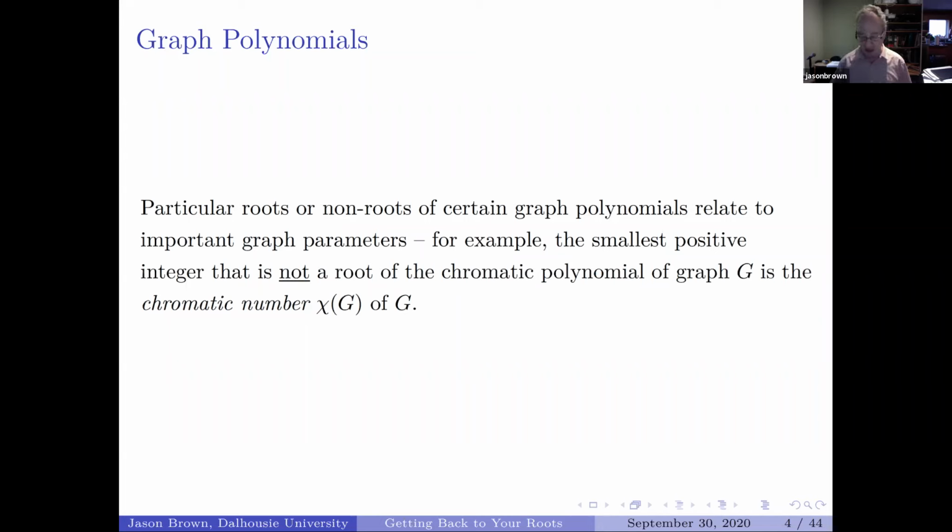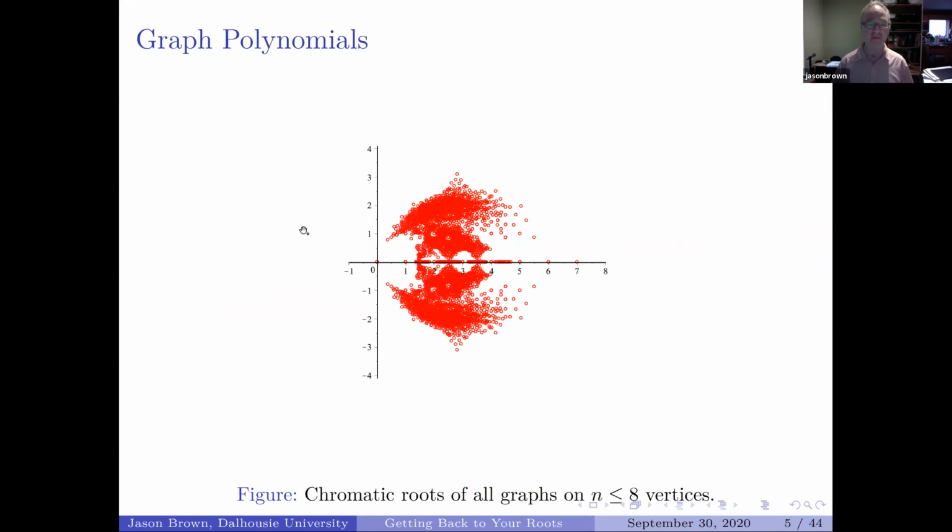And finding the chromatic number of a graph has been well studied for well over 50 years, perhaps well over 100 years, in graph theory. It's an important parameter, and that relates particularly to the roots of the chromatic polynomial. Now, you could ask beyond what positive integers are or aren't roots of a chromatic polynomial, because you can view it as a polynomial with complex coefficients, not only integer coefficients. You can talk about the complex roots of chromatic polynomials. We call those chromatic roots.